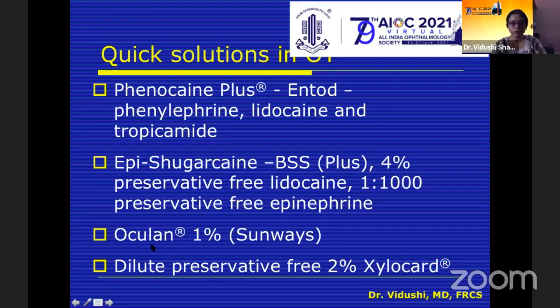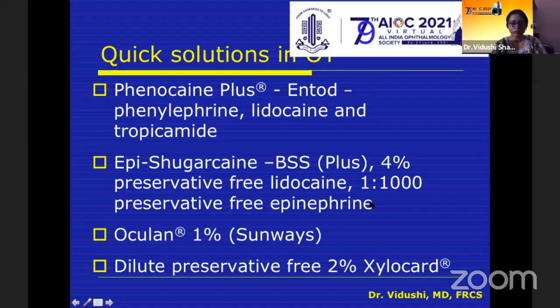We also have Oculan, which is basically intracameral preservative-free lignocaine, which is available from Sundays, and there are other things that are coming up. Before all these companies came up with these solutions, we always had dialogarbitals by the cardiologist. So these things can also be used along with the pupillary expansion rings, etc., to provide dilatation of the pupil. And of course, all these techniques are for cases where there is just a small pupil.